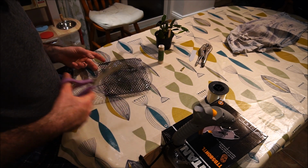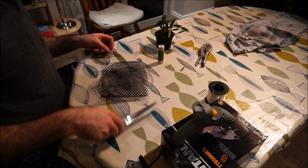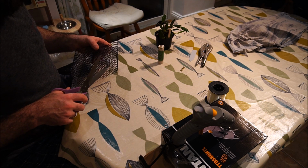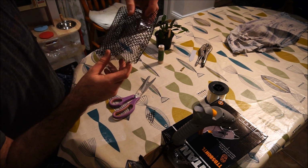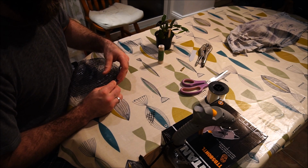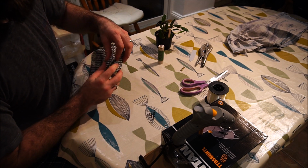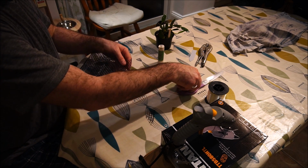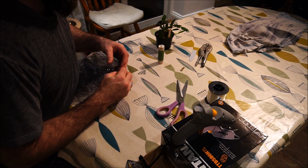And to make life easier, we can actually cut a triangle of that material out of the way. And the same on this side. Hopefully you guys can see that. I can't tell anymore, but hopefully you can. And what that's going to allow us to do is turn these corners in like that. And then we're going to glue it here against the side of the saucer. Okay, and we're going to do the same down the bottom. I'm just going to trim off a small section of that as well. Okay, so hopefully